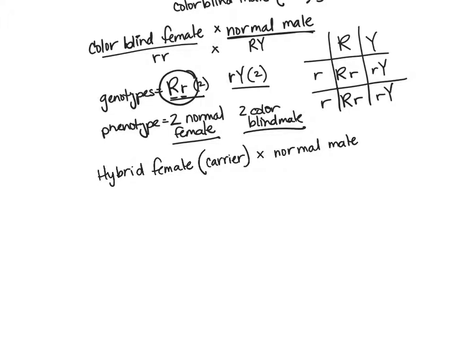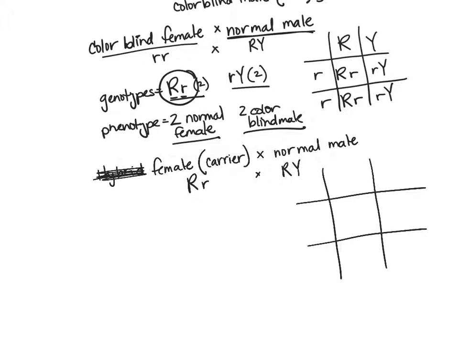So in this case, what we're saying is that we have a female, let's get rid of the word hybrid here. We have a female that's a carrier, so she may have no idea that she's been carrying red-green color blindness. So in this case, the female carrier would have one normal X and one diseased or colorblind X. And then we're crossing that with a normal male. So the normal male would be a big R and a Y. So we have two parents, neither of them are colorblind, and perhaps the female doesn't even know that she's carrying colorblindness. So if we do the cross between that,